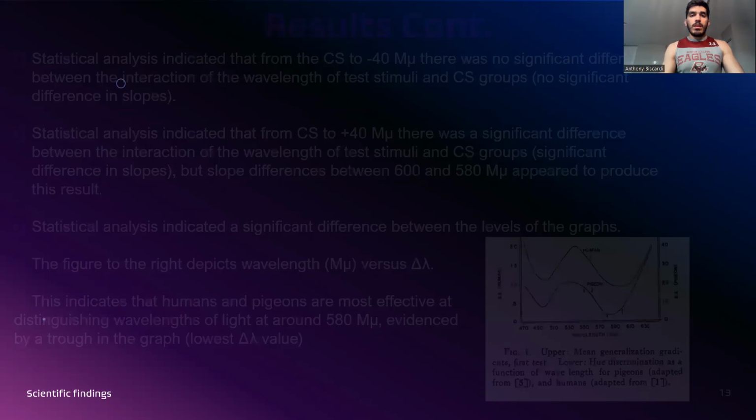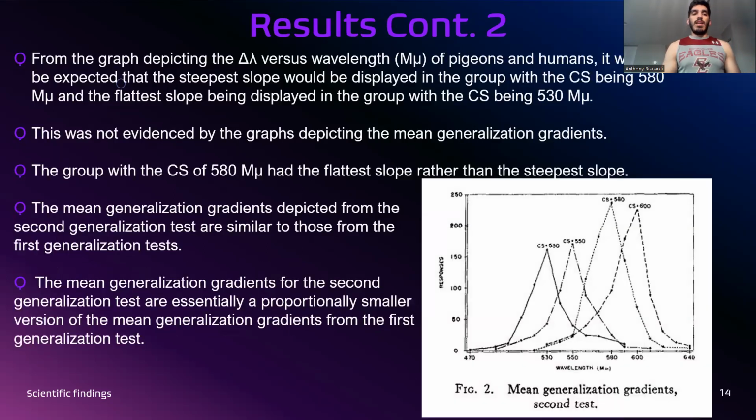Okay, and so then how does this relate to the data? So if you look at their mean generalization gradients, you would expect that the steepest slope would be displayed in the group with the CS being 580 because they're best able to discriminate according to that other graph. And the flattest slope would be displayed in the group with the CS being 530 because they would have the most difficulty discriminating. However, this is not what was depicted in the mean generalization gradients. The group that was trained at 580 nanometers had the flattest slope rather than the steepest slope, okay,